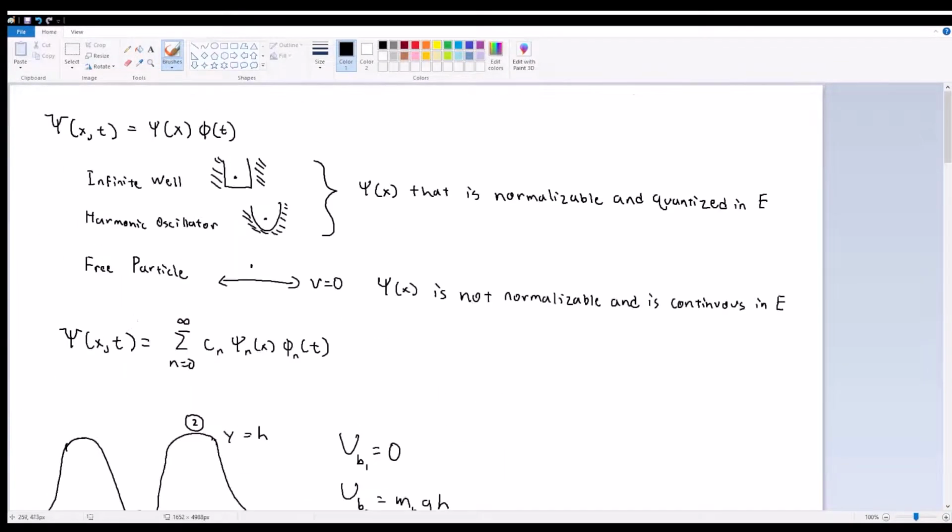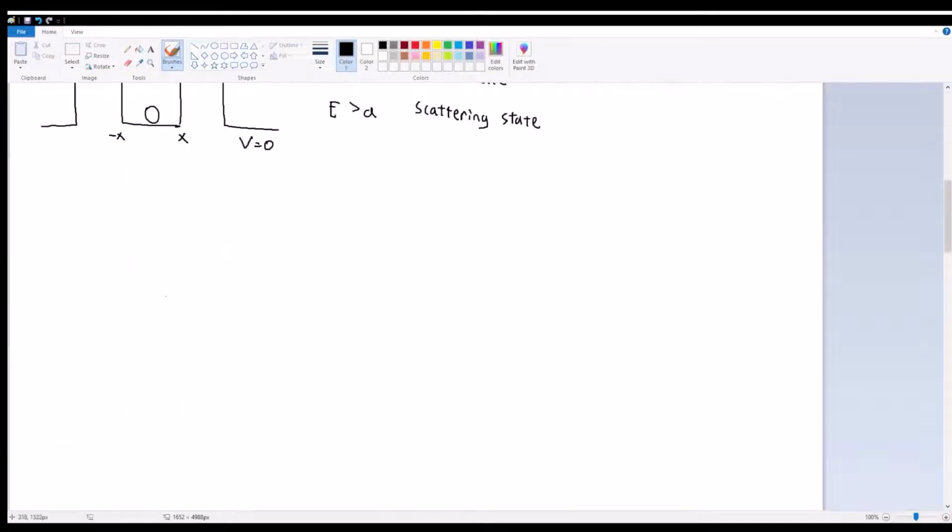Now, there is one major difference between quantum and classical, and this actually for once works in favor of quantum. This property makes quantum systems more simple compared to classical ones. Because in classical ones, when we have some very complex potential,